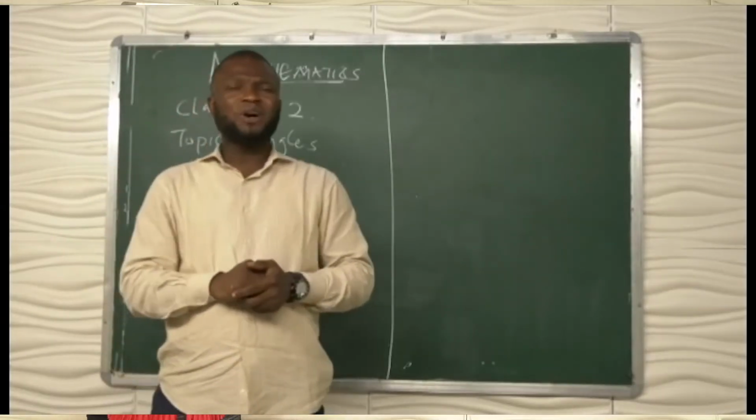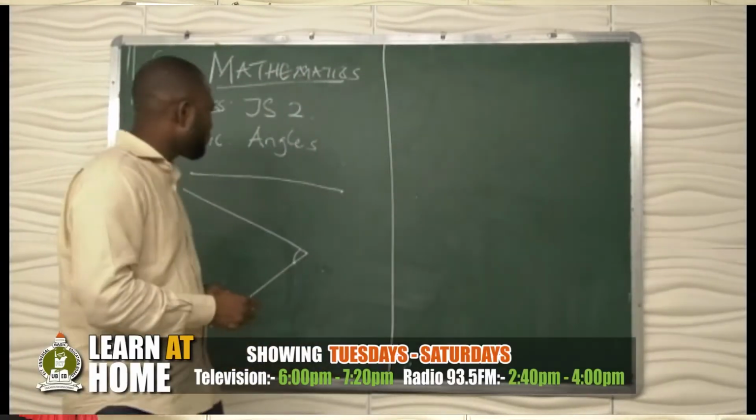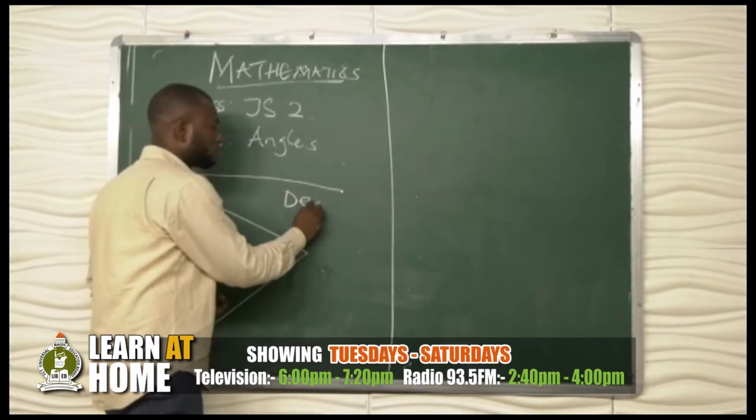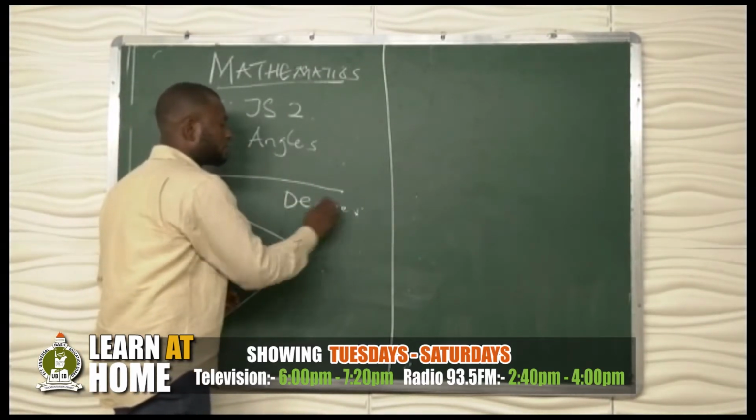What are the measurements or SI unit of measuring angles? We have what we call degrees. Angles are measured in what? Degrees or